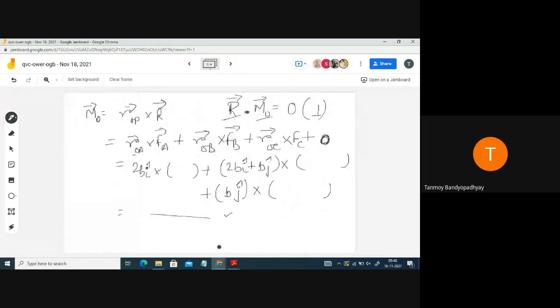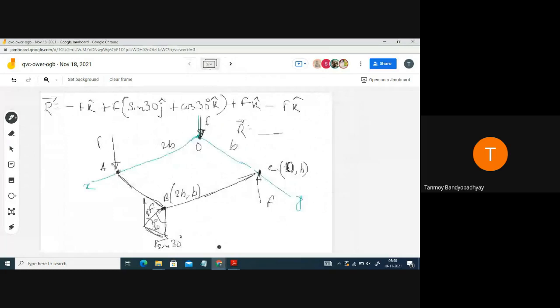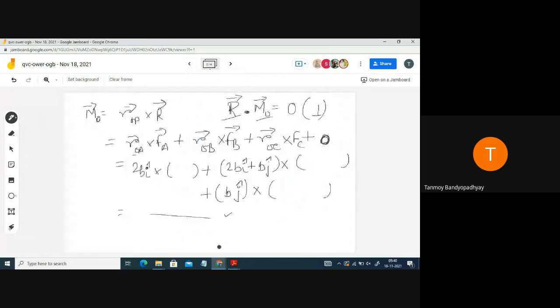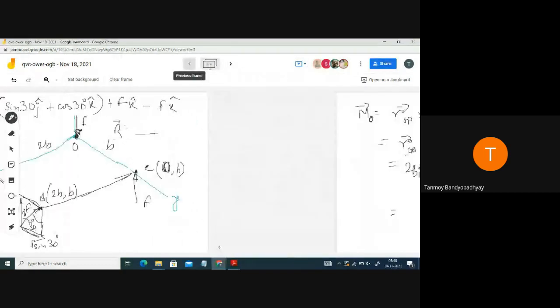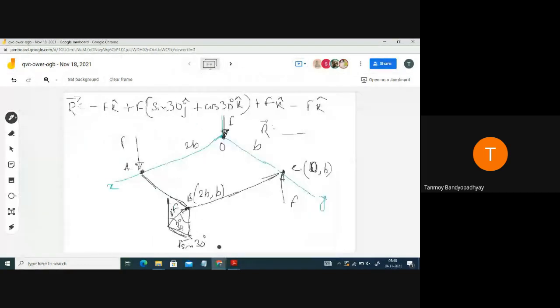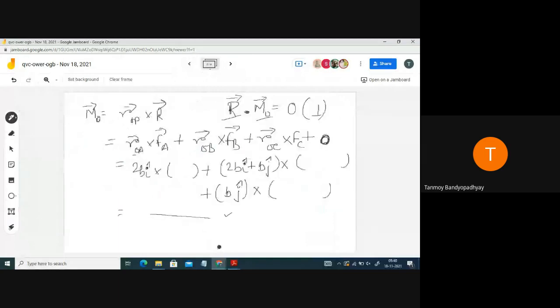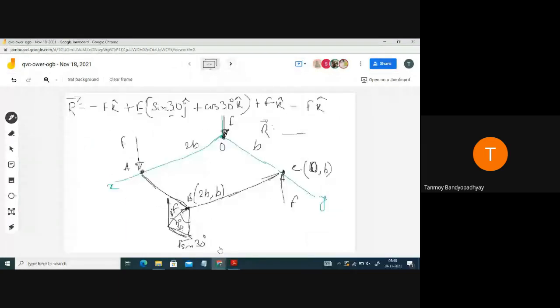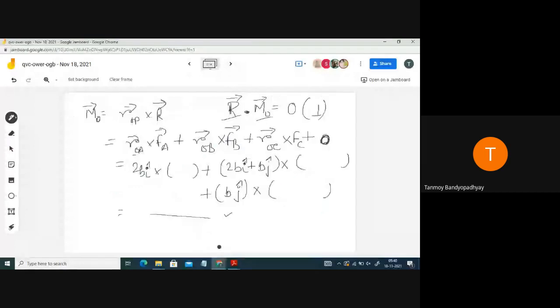So whenever you are writing FB, it will come into picture. When you write it, it should be a total, a bigger cross product. It was something like this. So this total thing you have to write: F sin 30 j cap plus cos 30 k cap. So if F is common, sin 30 j cap plus cos 30 k cap. Now you have to do this cross product totally, okay, and then you'll be getting the answer.